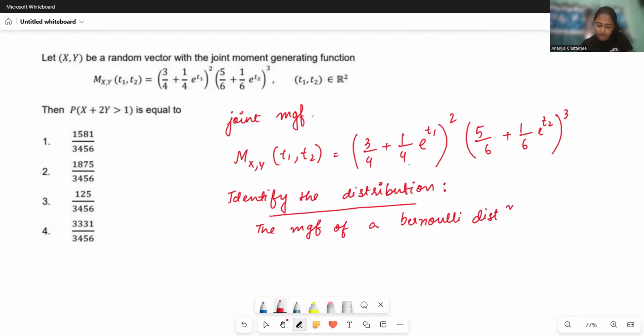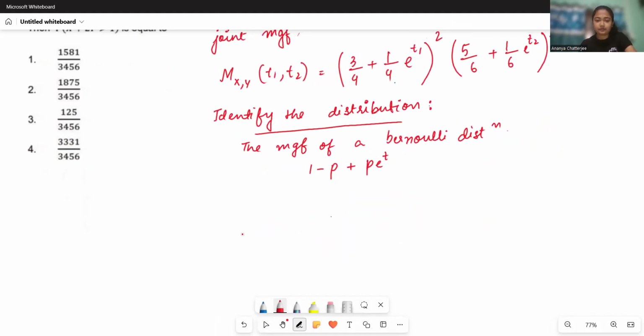The MGF of a Bernoulli distribution is given as 1 minus p plus p into e to the power t, right? So here the first factor is 3/4 plus 1/4 e to the power t1, squared,